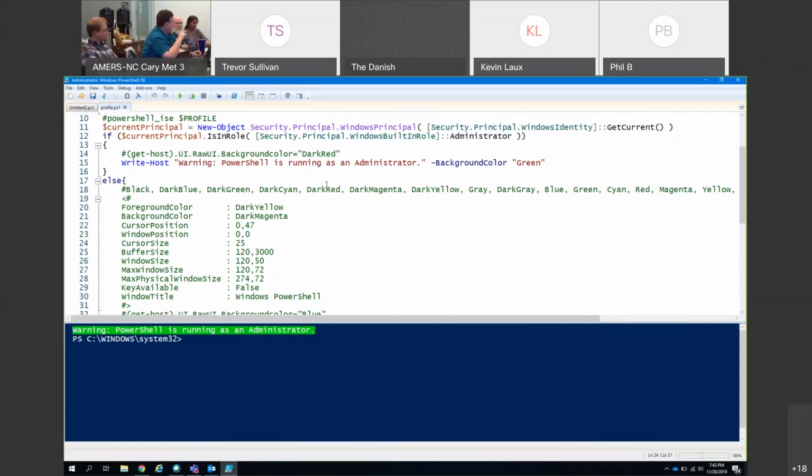For one thing, it used to be you could change the background color of one ISE window separate from another one. Now, if you change the background color in one, it changes in all your ISE sessions. Another is, part of my profile would define functions like to activate Exchange if I was going to be doing some Exchange work. And part of that, I would run something that would change the background color of the screen at the same time. So I could tell, oh, my red screen is my Exchange window. The point is that